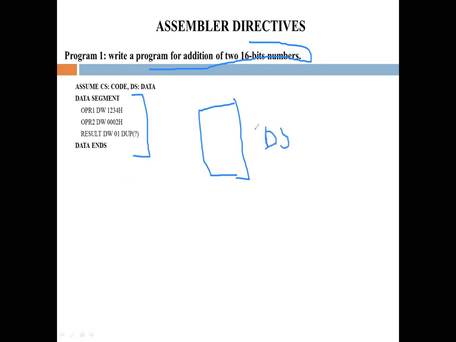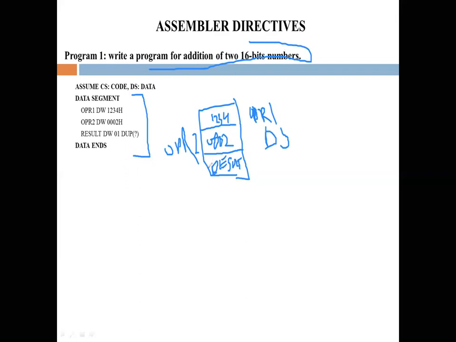First one is for operand 1, that is 1234, and second one is for operand 2, that is 0002, and third one is result, which will store the result after the execution of the program.